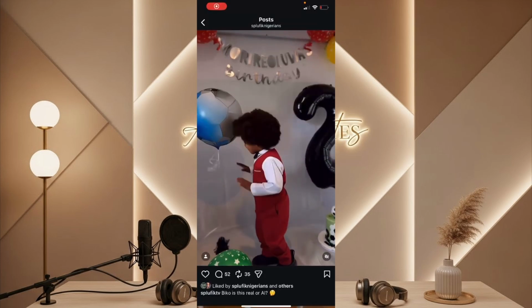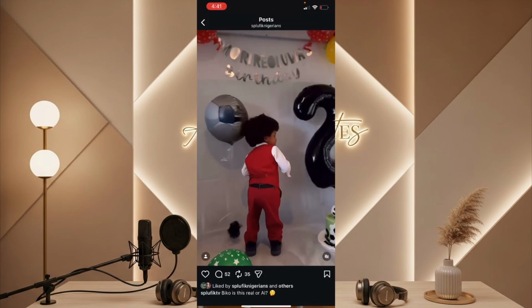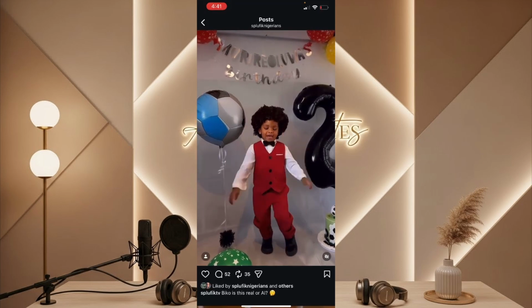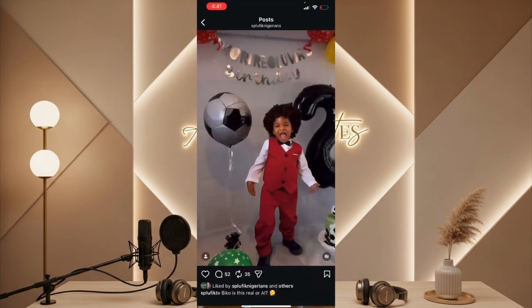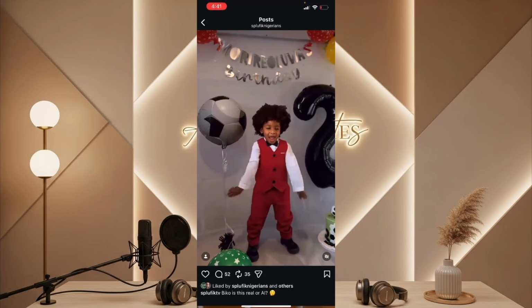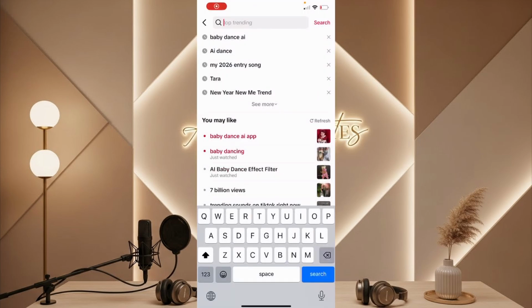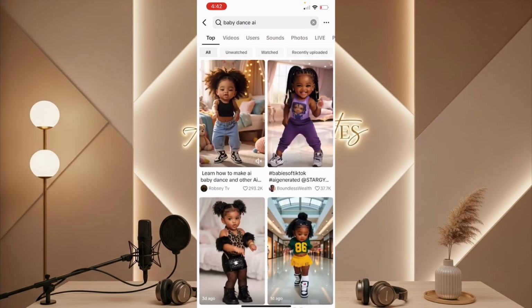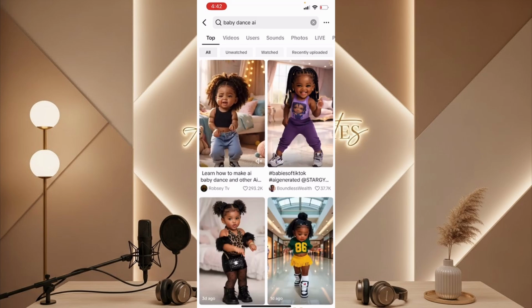So I came across this video today and the caption says, "Biko, is this real or AI?" Meanwhile, this was done with AI, but an actual baby boy, a cute baby boy, you'd agree. What is common on TikTok is AI created babies, AI generated babies. But you can see from the video I just showed you on Instagram, that was an actual baby, an actual